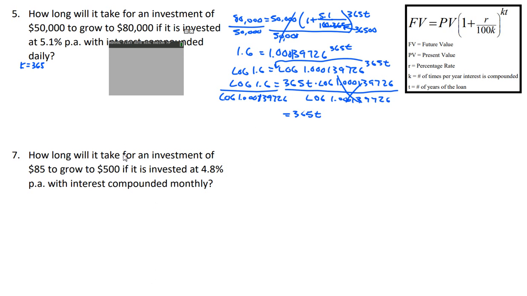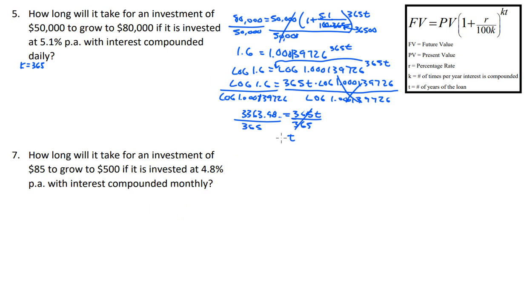So we'll do log of 1.6 divided by log 1.000139726, and that gives us 3363.98 dot dot dot. Last step is to divide by 365,